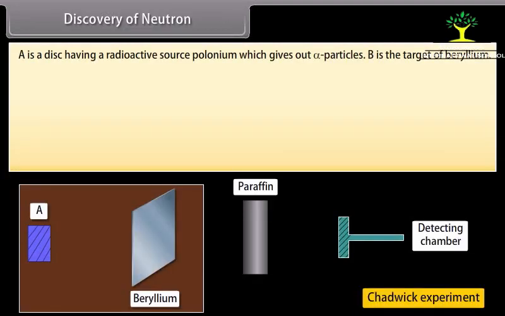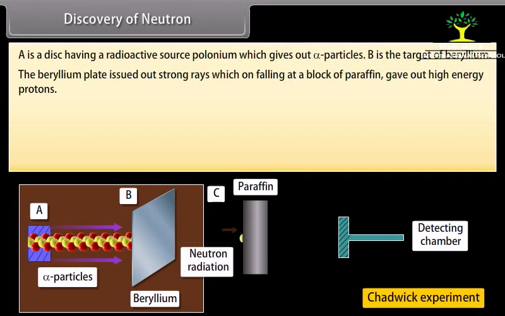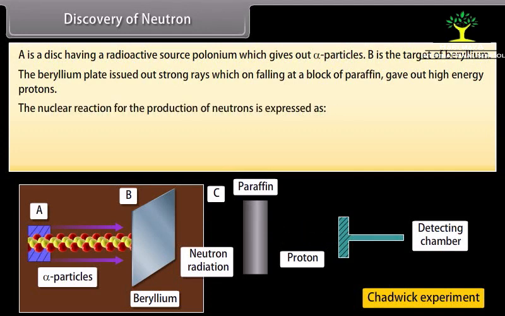Discovery of neutron. A is a disk having a radioactive source, polonium, which gives out alpha particles. B is the target of beryllium. Both A and B are placed in an evacuated chamber C. The beryllium plate issued strong rays, which on falling on a block of paraffin gave out high-energy protons. The nuclear reaction for the production of neutrons is expressed as